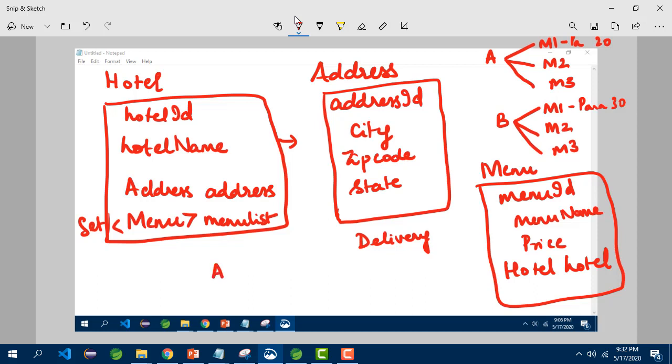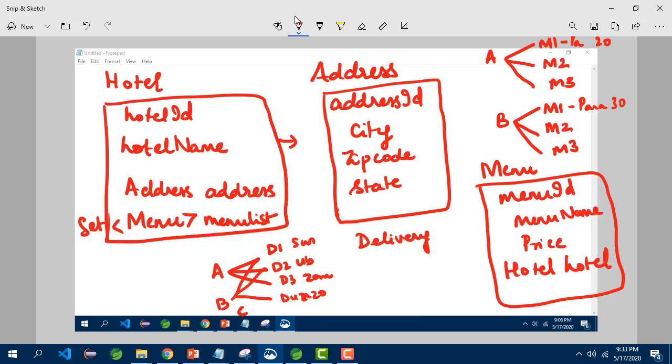Say for example, hotel A can have delivery 1, maybe Swiggy, can have the delivery option as Uber, delivery option as Zomato. Now I am having hotel B. Hotel B also can have the same delivery option Swiggy, Uber, together with that he can have Dunzo, something else. So in this case, one hotel can have many deliveries or one delivery partner can deliver to many hotels.